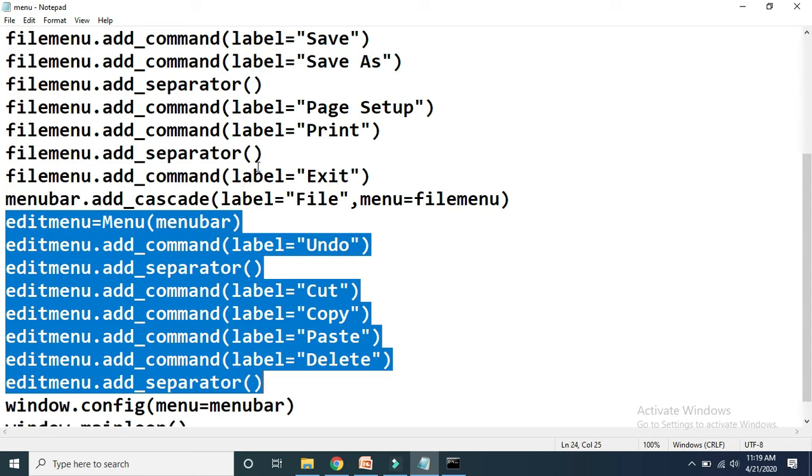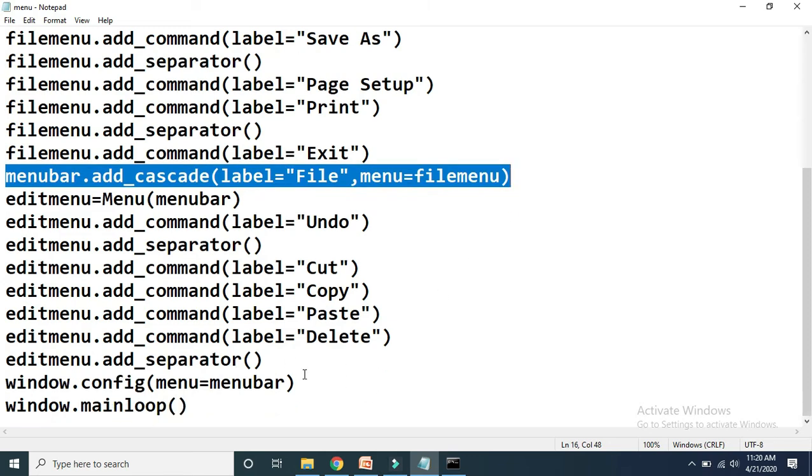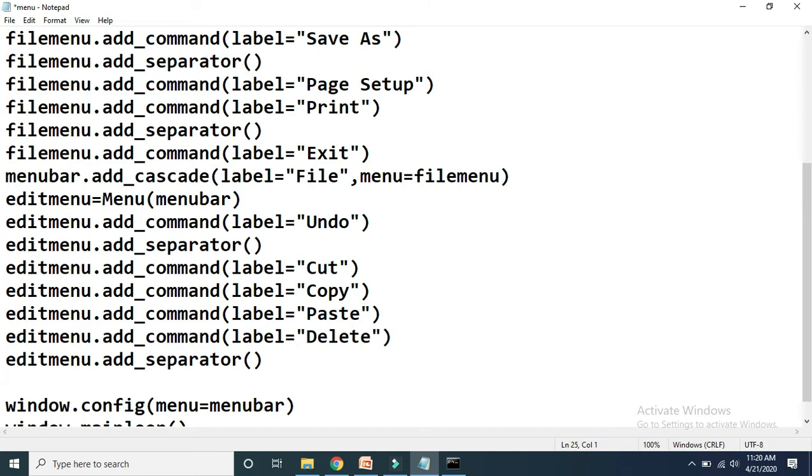Then later on, we have to display this edit on the menu bar. So if we want to display edit on the menu bar, then how to display? See here, how do we display file on the menu bar? Using this statement. Okay, so if you want to display edit on the menu bar, then after this separator we have to copy and paste.